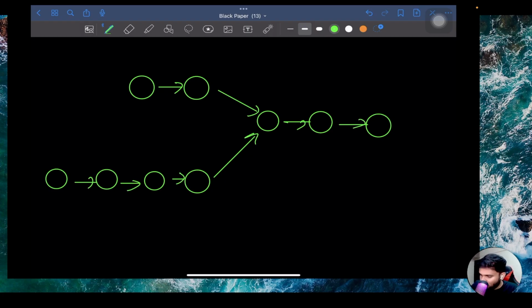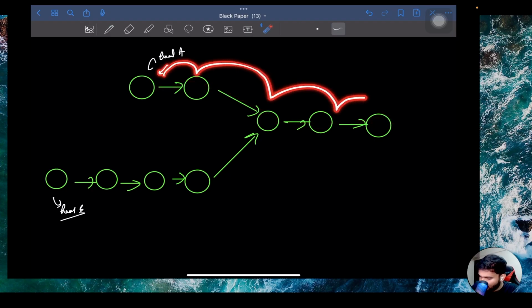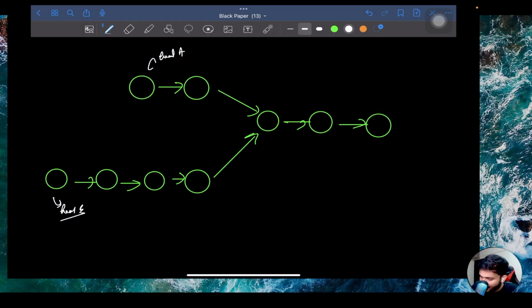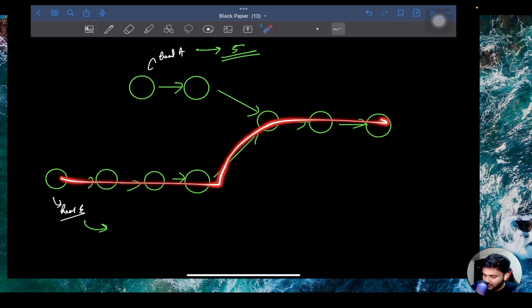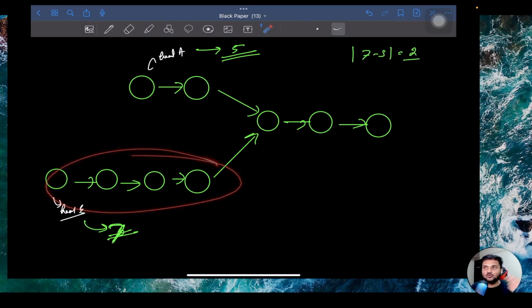You have access to this head A and this head B. First of all, get the length of linked list A. You can do temp equals head A, always do temp.next till the time temp doesn't become null, and you get the length as, let's say, 5. Same thing you do for head B, calculate the length of the linked list starting with head B. You will get the length as 7. Now get the absolute difference between the two lengths, 7 minus 5, that is 2. So the bigger linked list is bigger by 2 nodes.